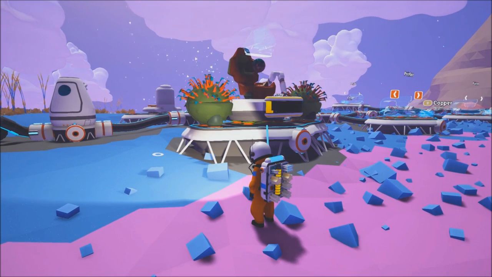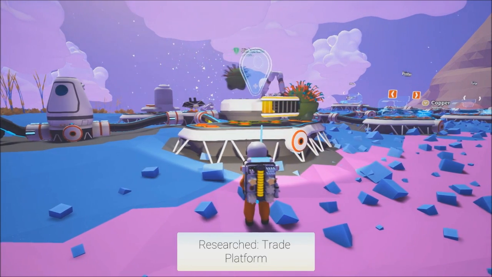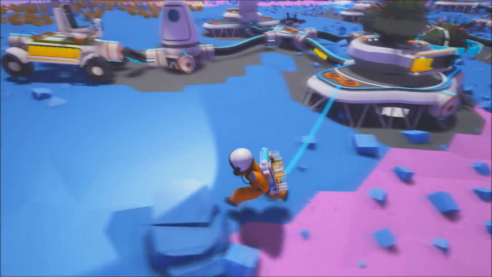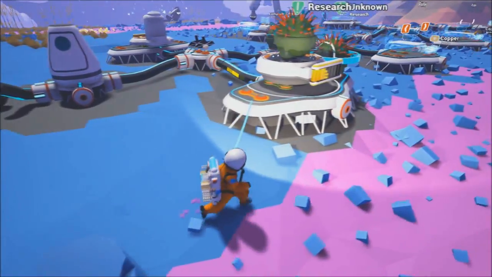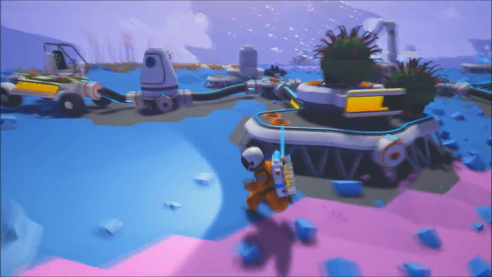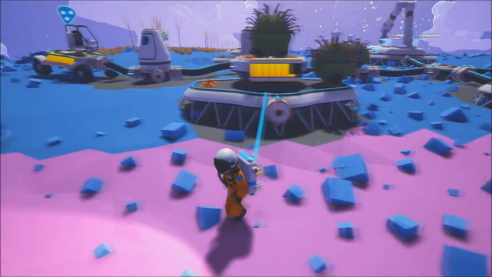And the shiny we get is the trade platform. It's very useful to get that early on in the game. Useful to get at any point in the game, to be honest. But I forget the fuel condenser for the next one, and I'm pretty much laughing because I can basically make it anything in the game. For basically fuel